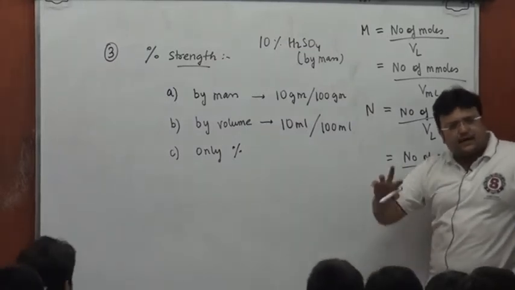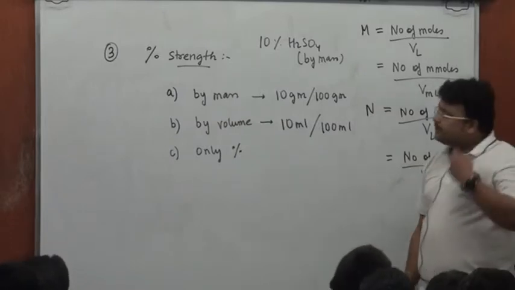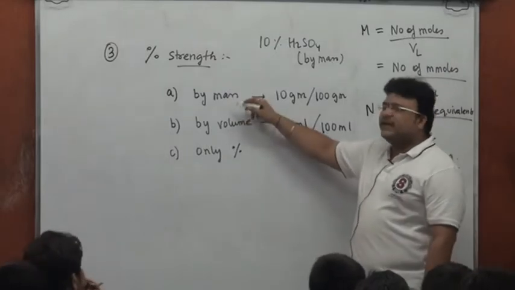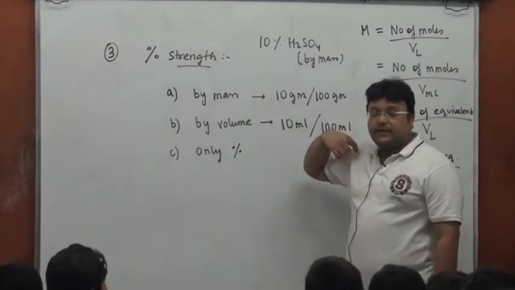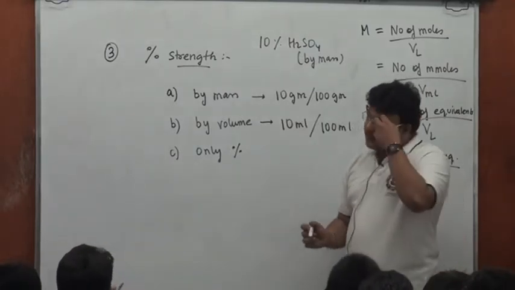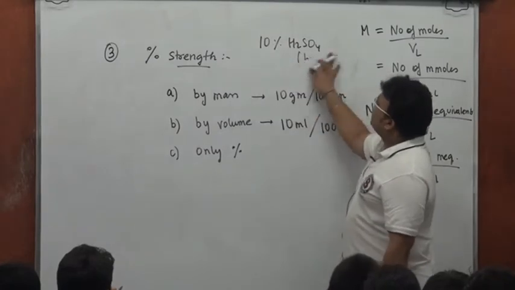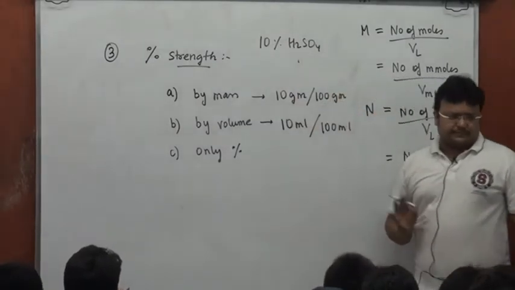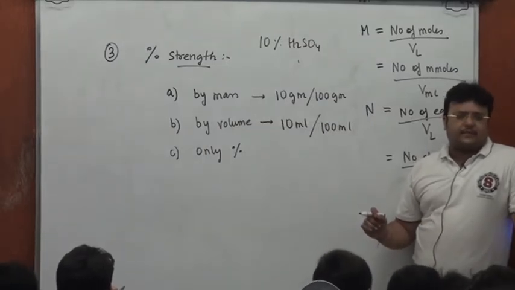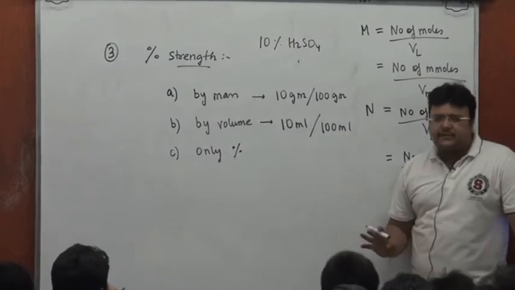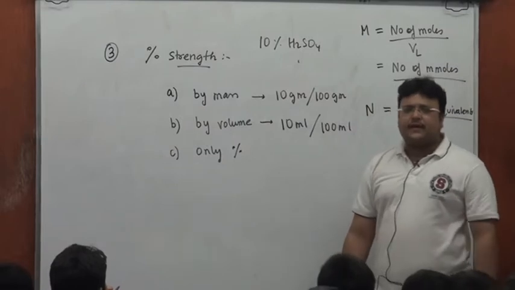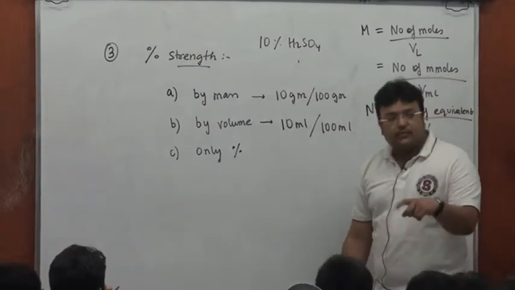So when it's by mass, it's mass by mass. When it's by volume, it's ml by ml. Yes or no? But these would be given very rarely. Very, very rarely, it's going to be 10% by mass or 10% by volume. More often, almost every time in a problem, you will be given only 10% H2SO4. Now this is significant, this is important. Almost every time it will be only 10% sulfuric acid, and when it's only 10% of H2SO4 or 10% of anything, it will be mass by volume. You'll want to know this.